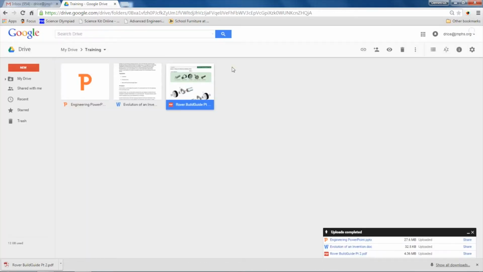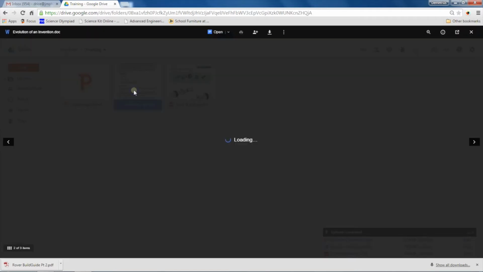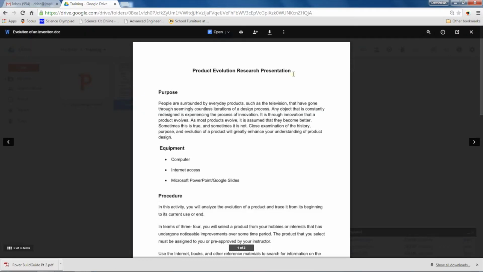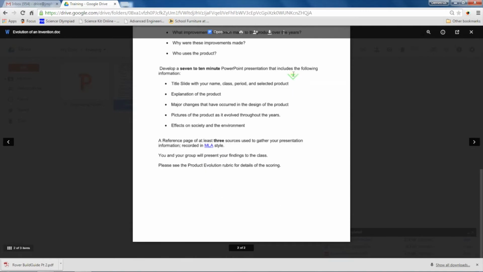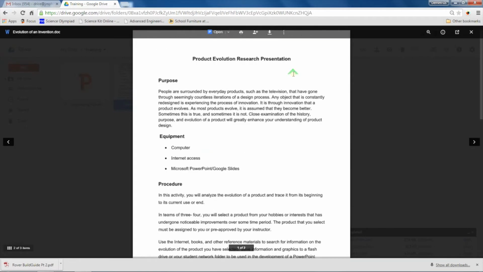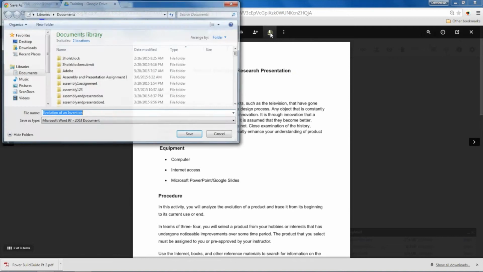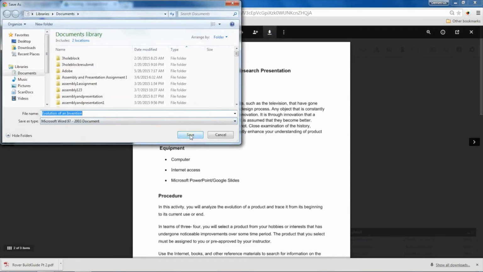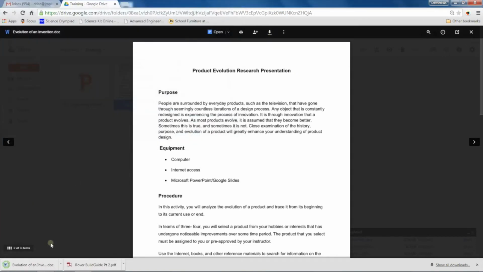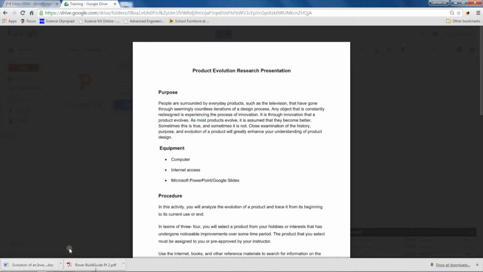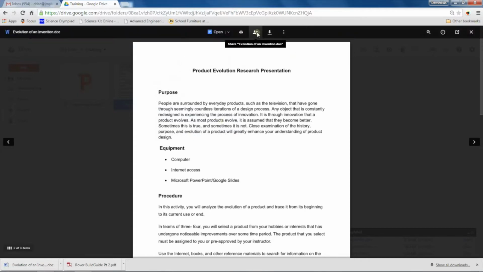If we deal with Word or PowerPoint, I go to the preview window. Notice that this is just a preview. And if I wanted to modify this, I have a couple choices. I can download this to my computer, and so download opens up a window, and it downloads here. And then if I click this, it's going to open up Microsoft Word and allow me to do what I need to do to change it. I can share it, I can print it,